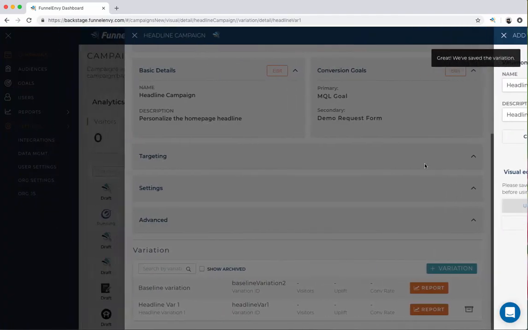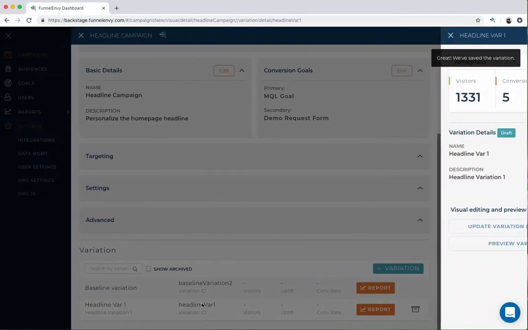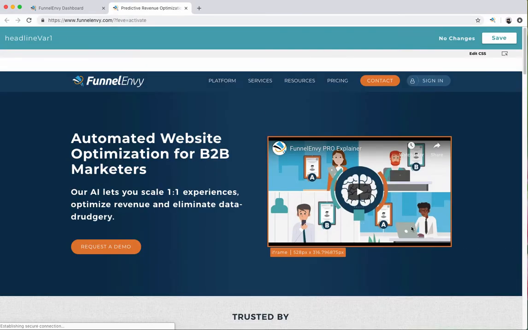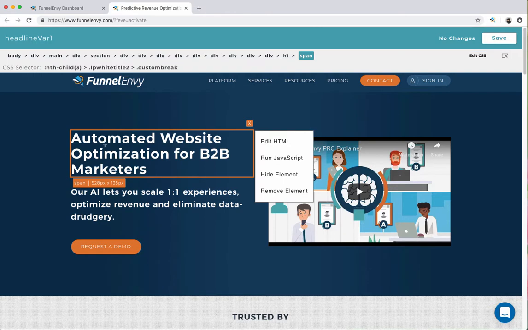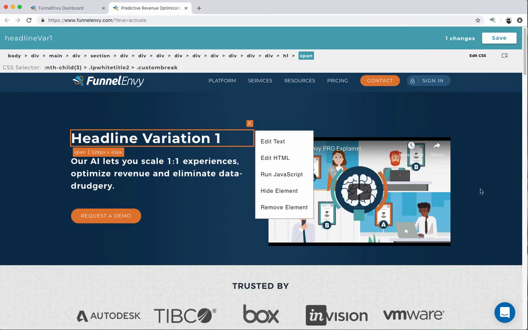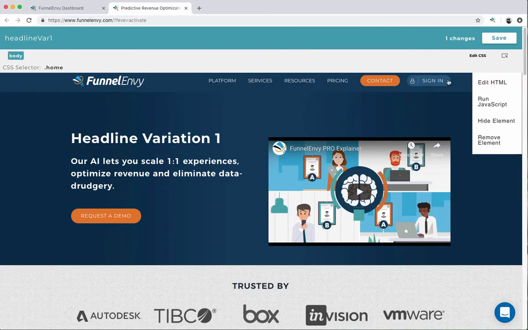Since this is a visual campaign, I'm going to go into the variation and make my changes using the installed visual editor. This is going to open to the preview URL that I specified in the campaign settings. And here, using the visual editor, we can make our changes and change that headline to whatever we'd like it to be. Once I'm finished with my changes, simply save the variation